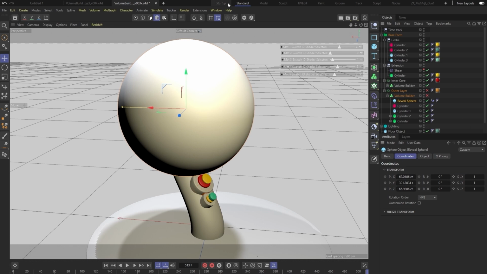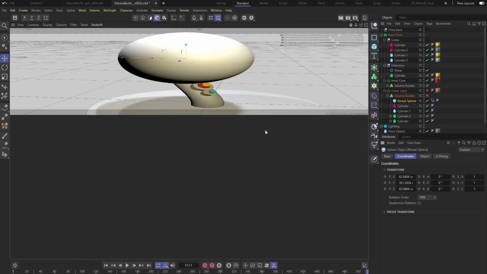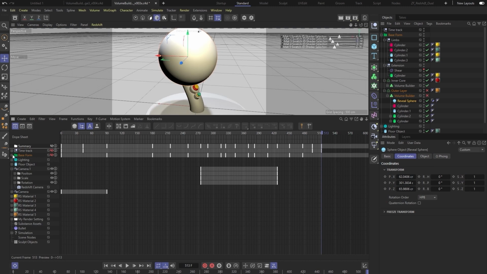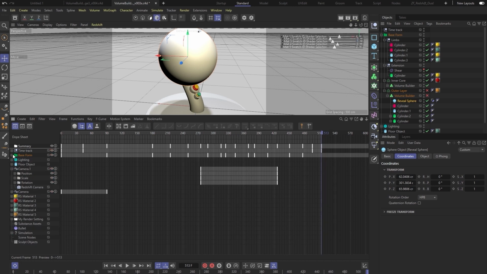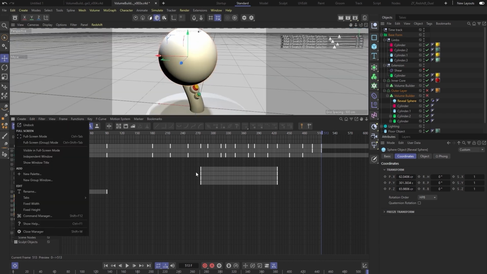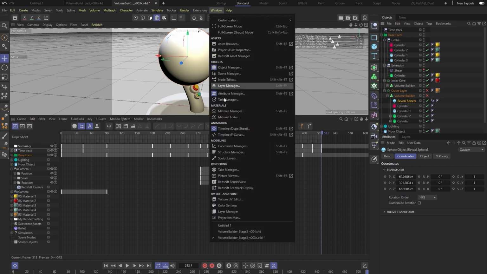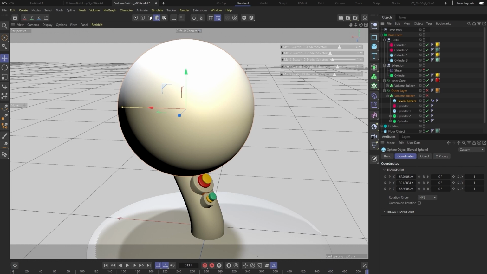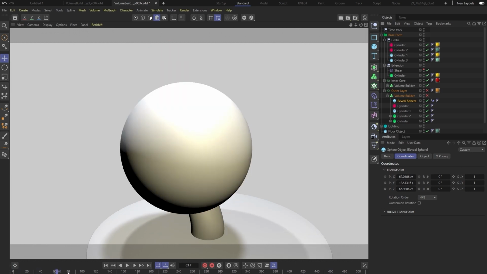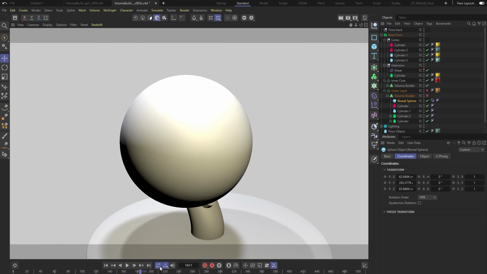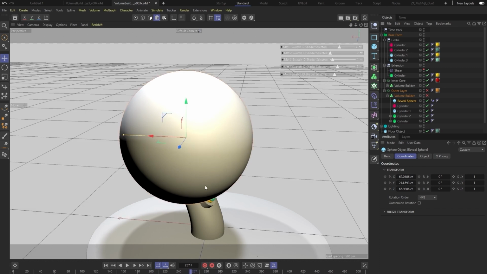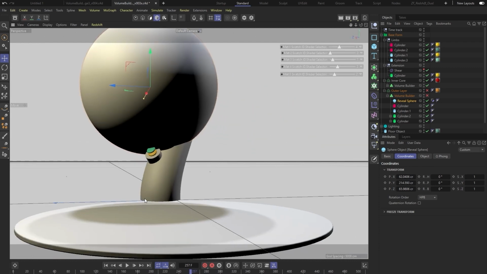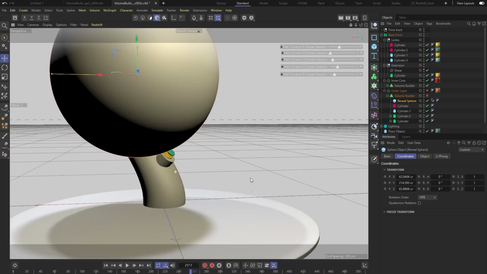Oh, because I have animation layers turned off at the moment, just so I already have this animated. So I'm going to turn back on all my animated layers here so that we can see what it is I'm talking about. So this sphere starts at the bottom and just goes vertically, and we're going to use that shape to kind of reveal that core and the shell around the core.